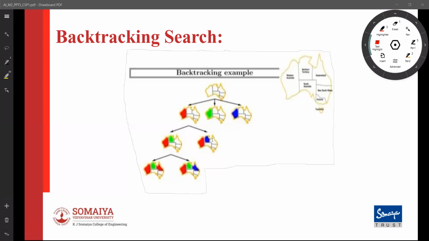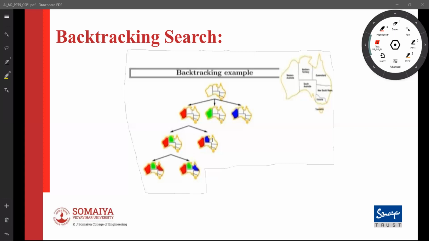So even if you branch Northern Territory as red, the state is going to say constraint violated, backtrack. And whenever a state says constraint violated, you do the backtrack. And this keeps going. For example, at some point you may branch on Western Australia red, Northern Territory green, and some value of Queensland.